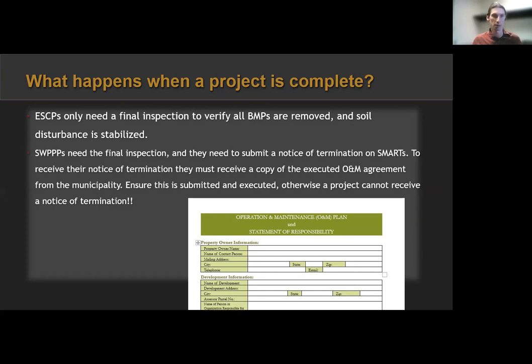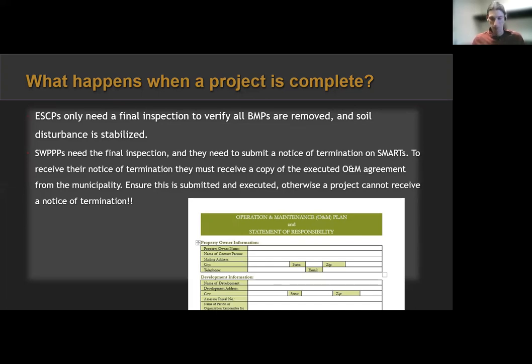And I can't believe I didn't mention it on the other page, but for regulated projects, it is imperative to include an O&M plan saying how the owner, not the developer, but how the owner after construction is going to be responsible for following this document to make sure these controls actually continue to work through the lifetime that they are on a project until they are gone or redeveloped or the building is just completely turned to sand. They need to have a plan saying we are going to maintain these control measures until end of time.